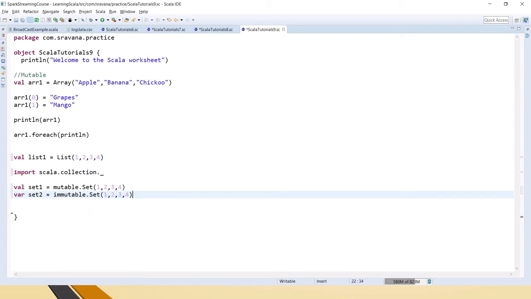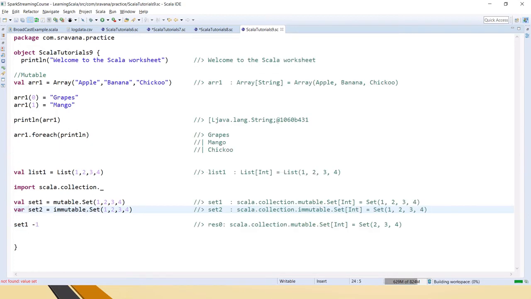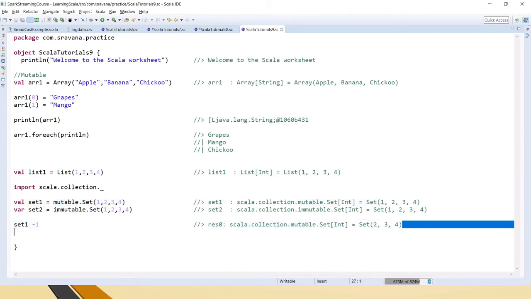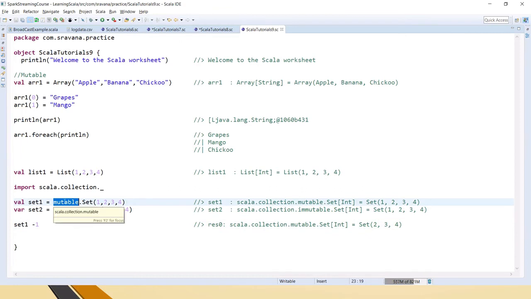So if you do set minus 1, and let's save it. If you see here, even though we have declared it as a val, here we are saying that it's a mutable set, and it has become 1 2 3 4. And now when you say remove 1 from here, it has removed 1 and returned the values 2 3 4. Clear? Which means it is mutable now.